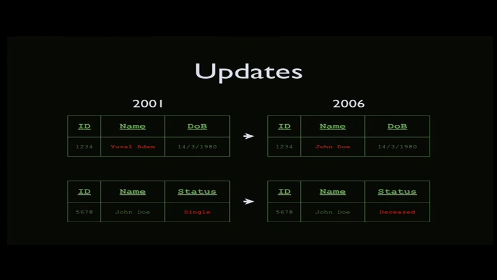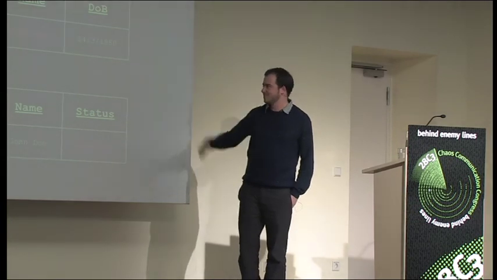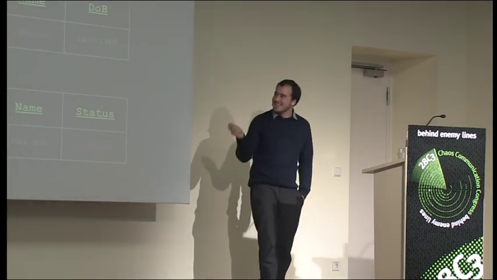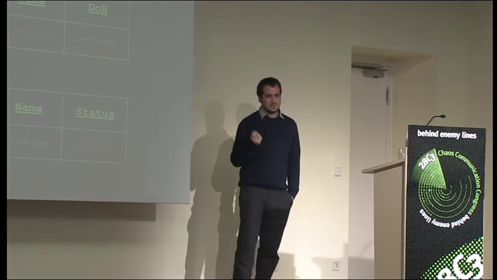And then we have people that have passed away sometime between these 2 years. So a person that existed in 2001, sometime between those years passed away, is now marked as deceased. He is not deleted from the database. So people, if you're in the database, you're in there for life or for death or for whatever. So again, those are pretty easy, which brings us to the last and most interesting case: